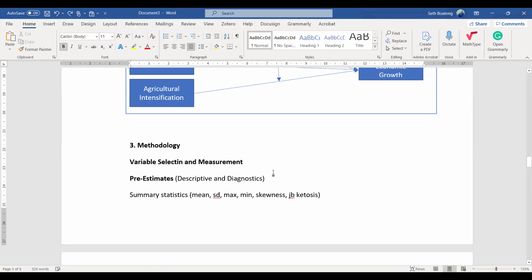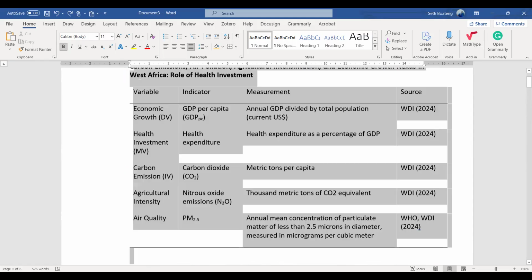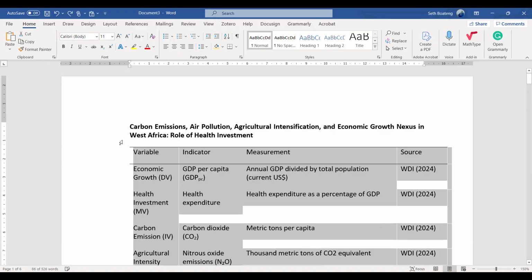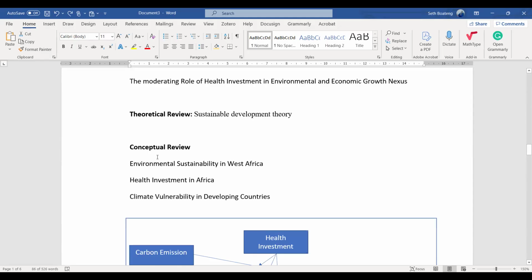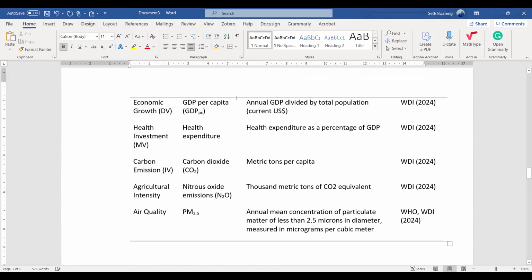So you summarize your data. You put this table there. Always try to include a table like this. Then you explain it.